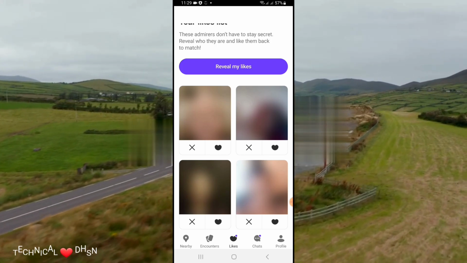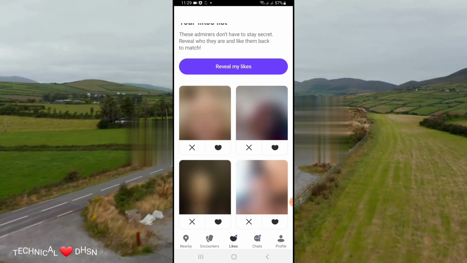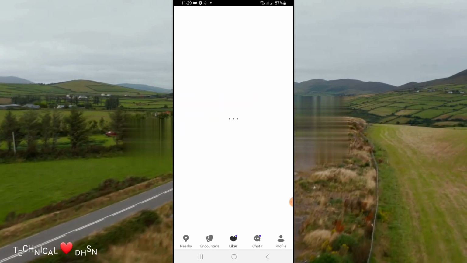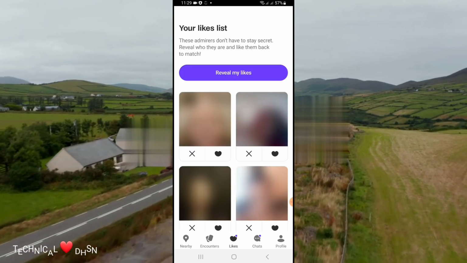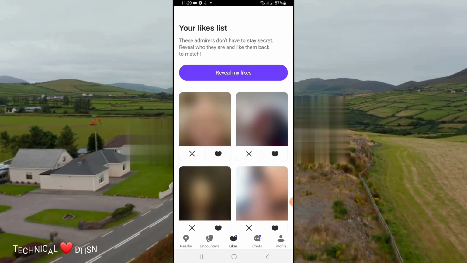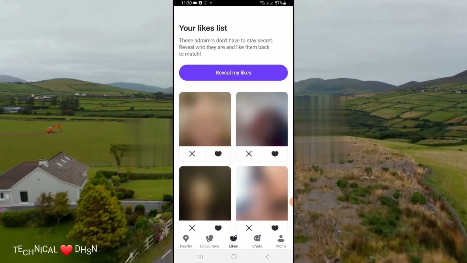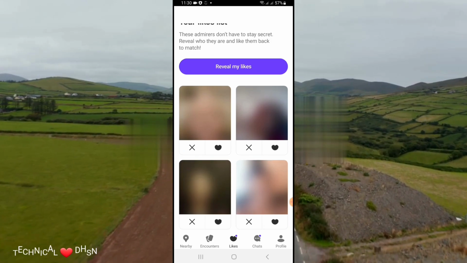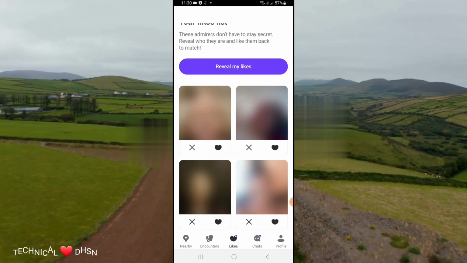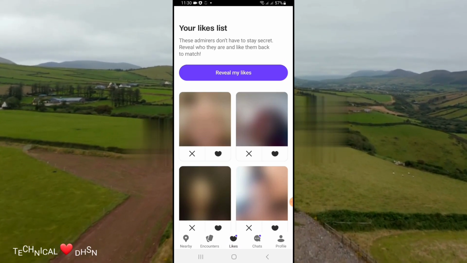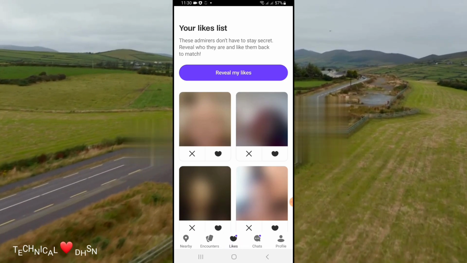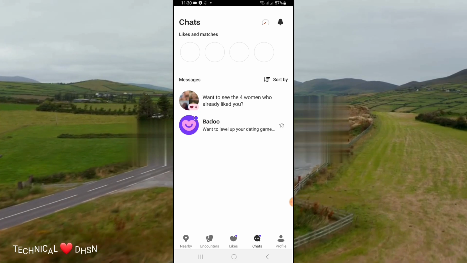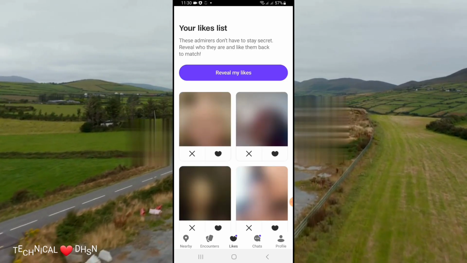So let's start. First of all, I'll give you the proof that Badoo is a premium app. If you want to use the features of Badoo, you must pay before use. As you can see, four ladies sent me a message. They liked me from here. This is a like. So they sent me a like message. Now if I want to send a like back to them,